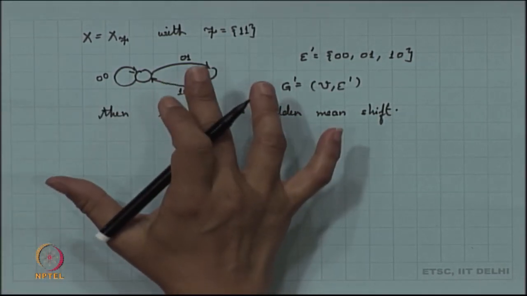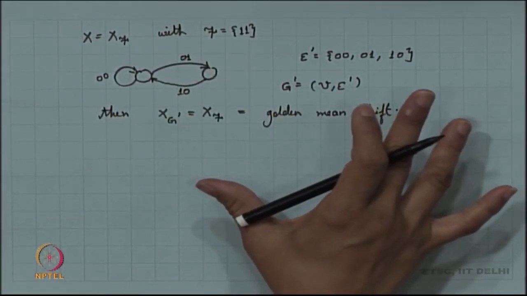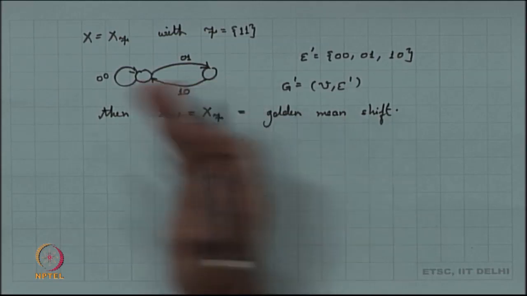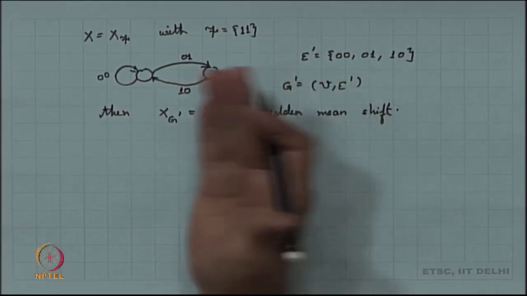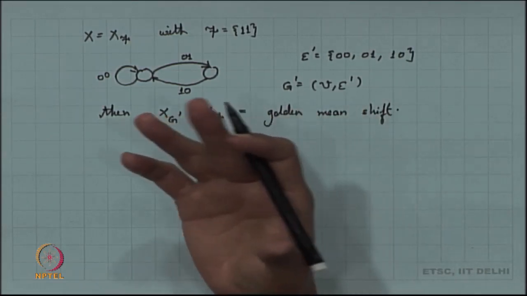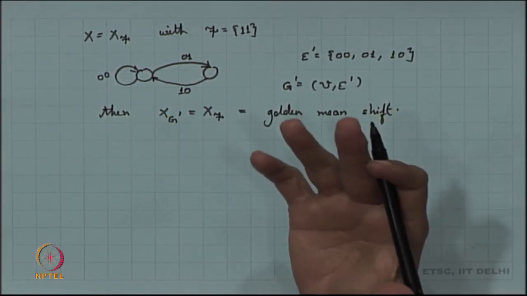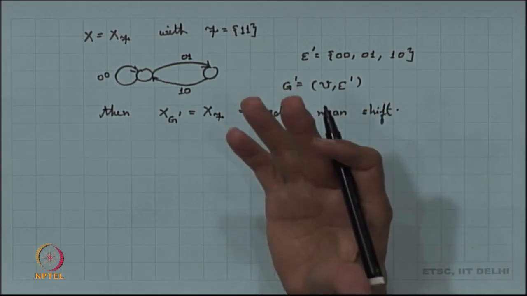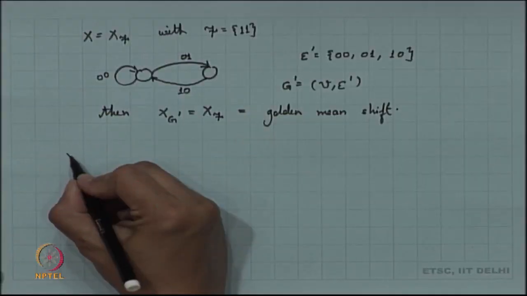So, one has to get into a higher block version to convert a subshift of finite type into an edge shift, and hence we can say that every subshift of finite type can now be represented as an edge shift. But what are the alphabets there? It depends on whether you can directly write it, or you need to take the higher block version and then write it. So, this is one case. The other thing, an alternate way of looking at a subshift of finite type is this.